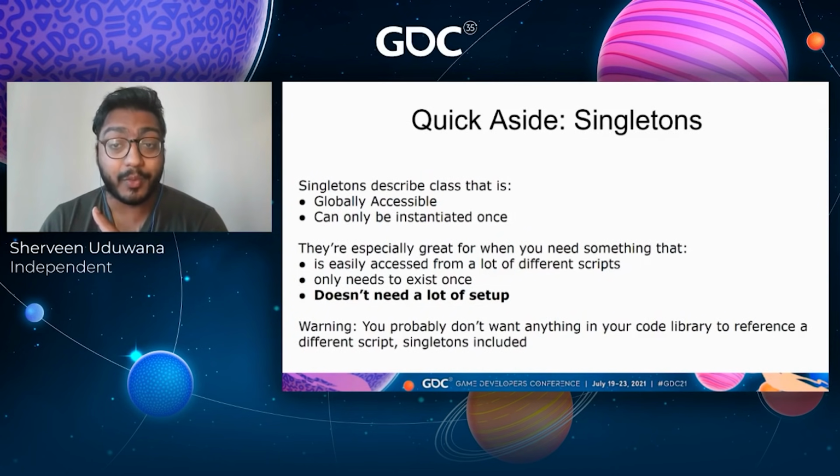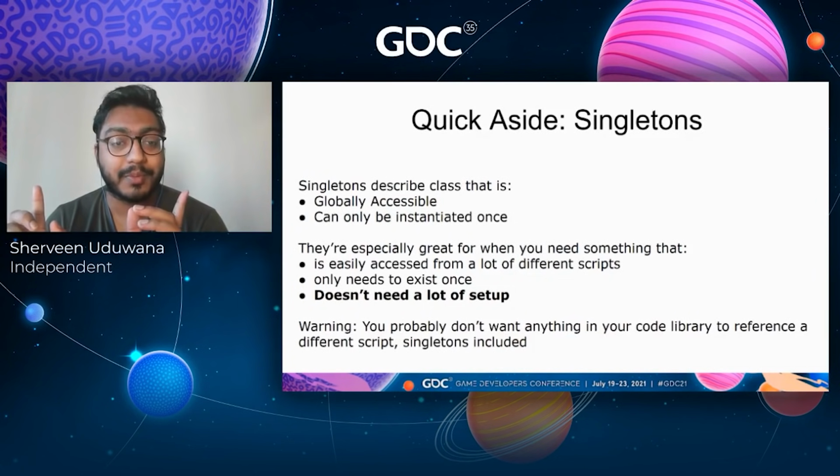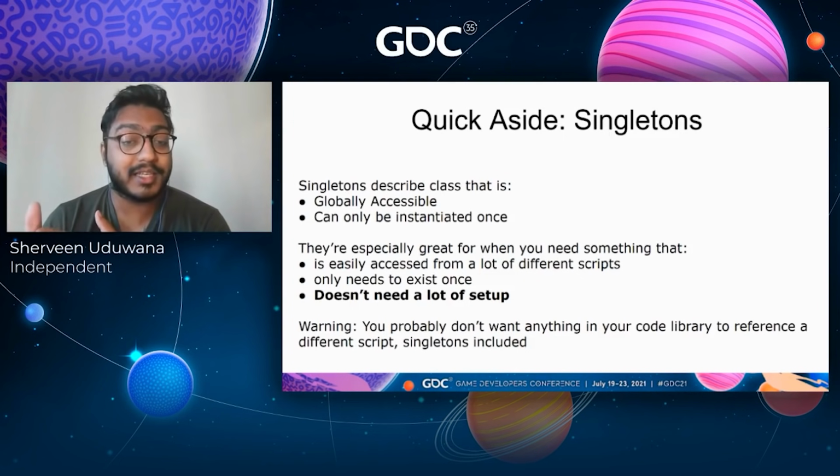And I want to make a quick aside to talk about singletons. I can't go into it in this talk, but it's a class that you make that's globally accessible, and there's only one instance of it. What's really great about singletons is that you can toss it into a project and all of your other scripts can just reference it right away. So if you need something that's easily accessible from a lot of different scripts, only needs to exist once, and doesn't need a lot of setup,